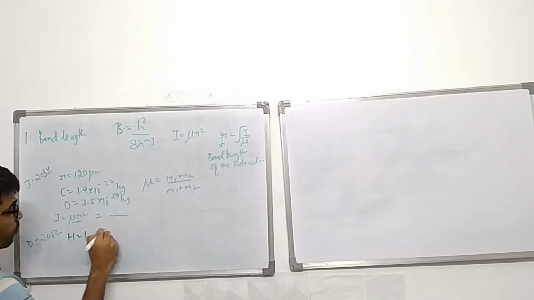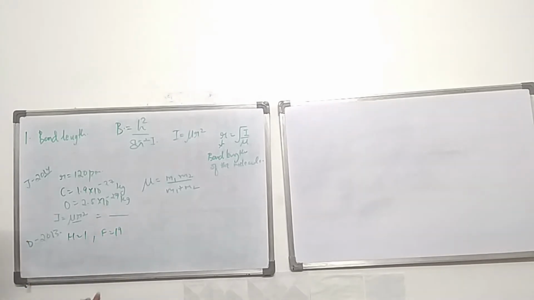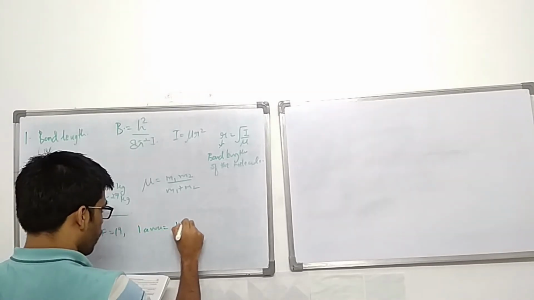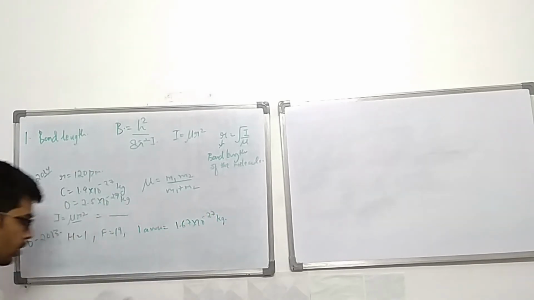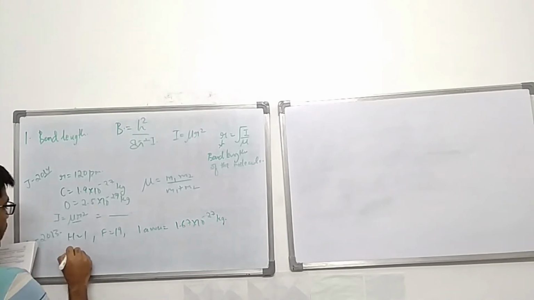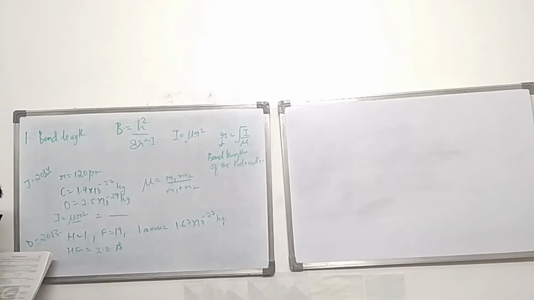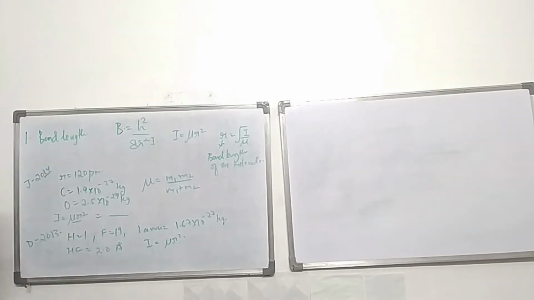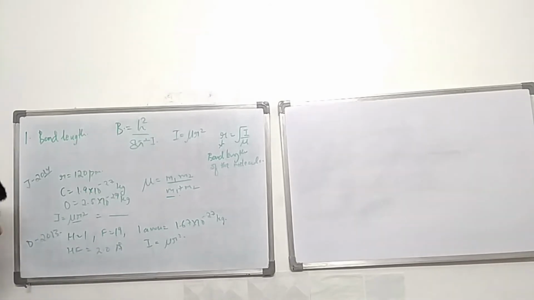A similar question came in December 2013, which states the atomic masses of fluorine and hydrogen. Hydrogen is given as 1, fluorine is given as 19. And they have also said 1 AMU is equal to 1.67 into 10 power minus 27 kg. You are also given the bond length of the HF bond to be 2.0 angstrom, and you have to find the moment of inertia. That means again the same question. First find the reduced mass using this formula. Now put it here, you will get the moment of inertia. You can find it using a calculator.